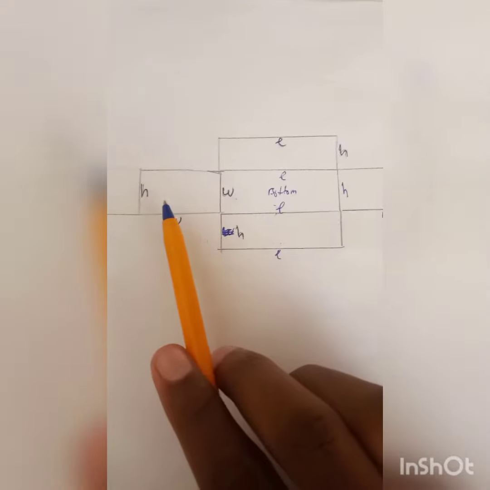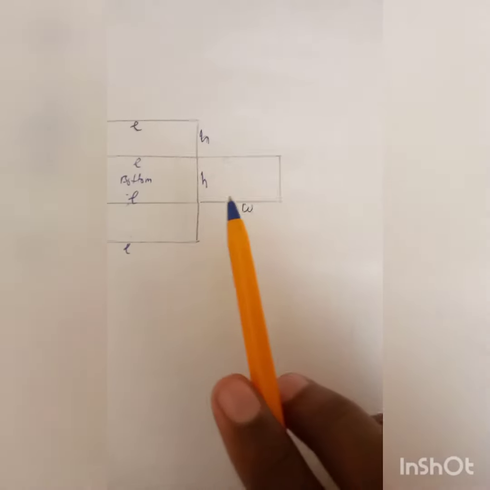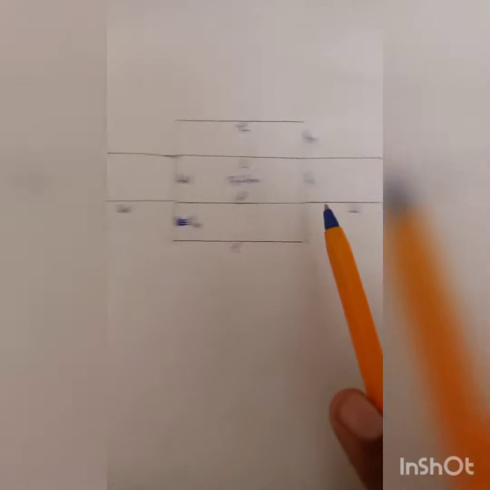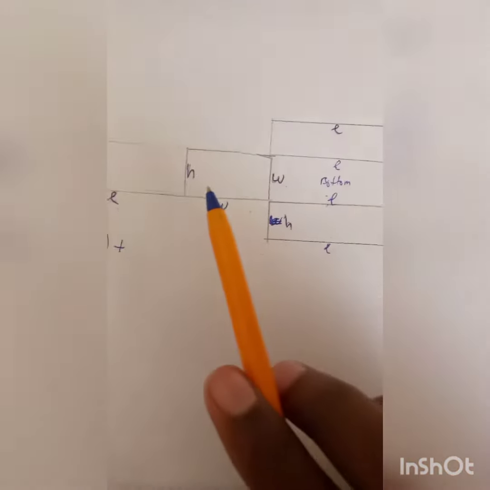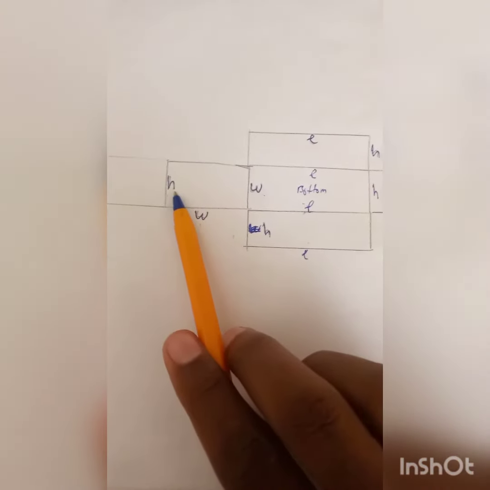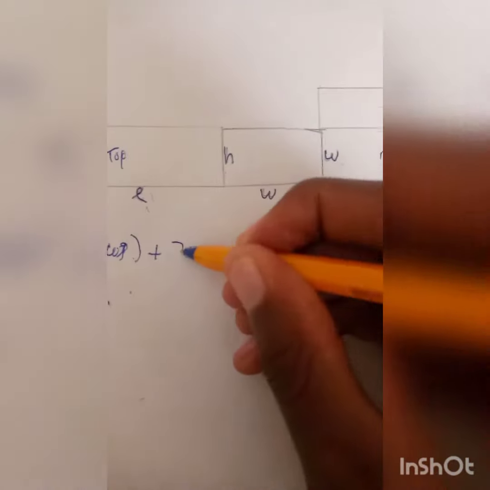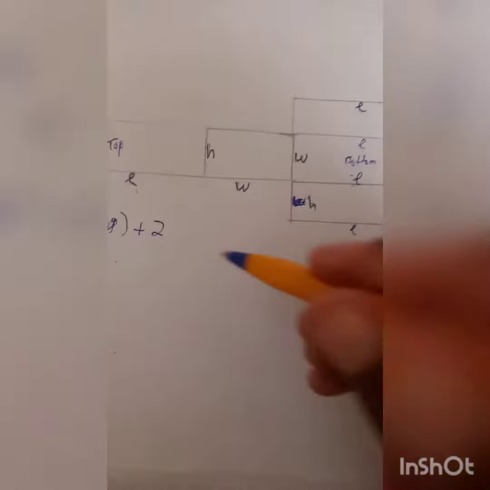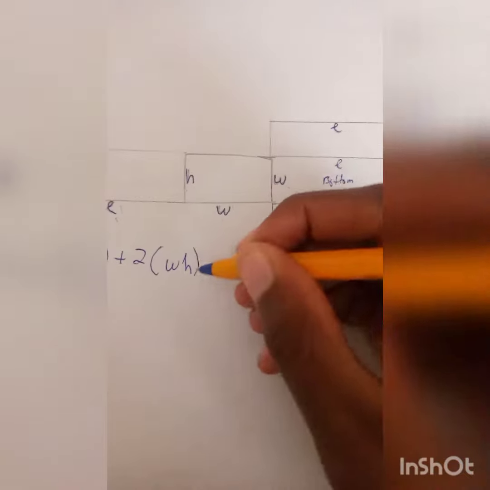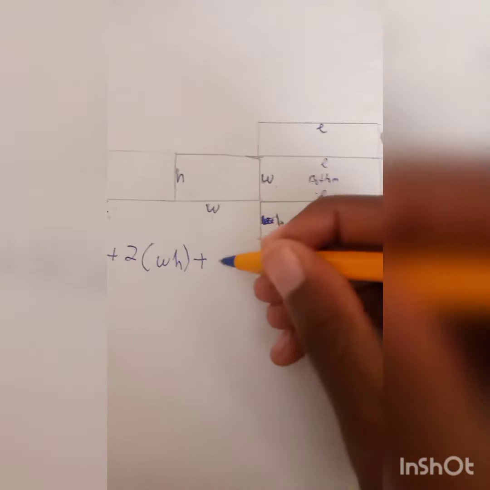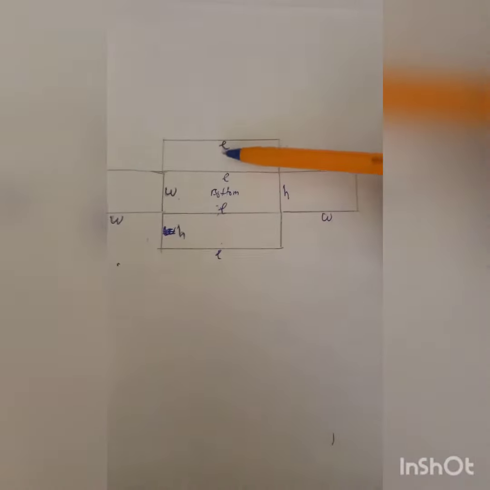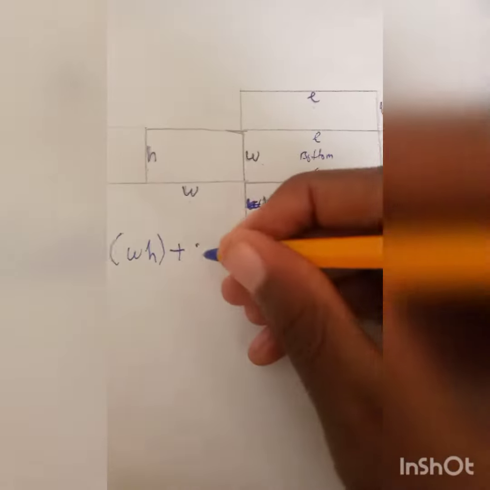this one. These are the ones that are also equal and they are on the side of the cuboid. So this is the height and this is the width. So it's 2 because they are 2, 1, 2. So 2 times width times height, plus these 2, 1, 2. So it's 2